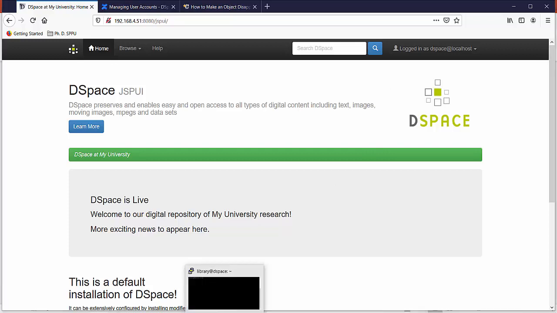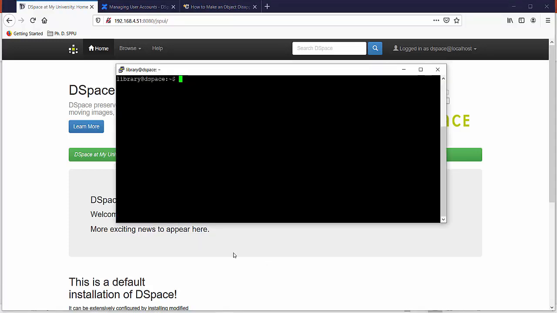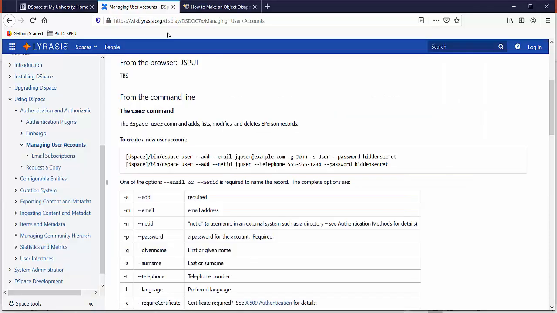Okay, go to terminal. Documentation of DSpace is available on this website, https://wiki.lyrasis.org. This is the documentation website of DSpace.